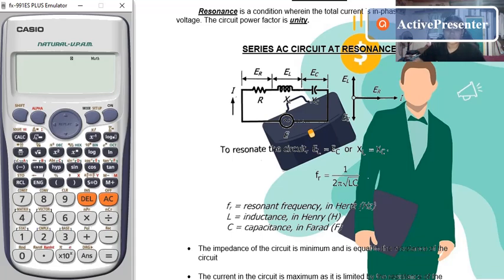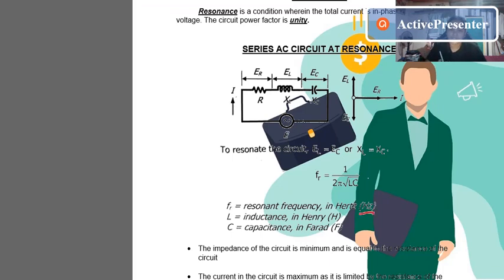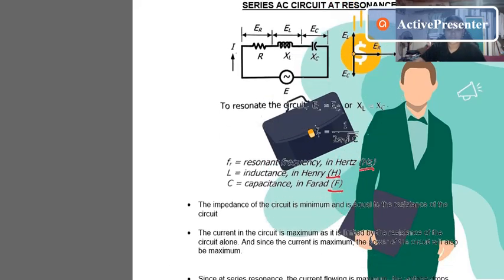So FR is the resonant frequency. Its unit is Hertz. FR is equal to 1 over 2 pi square root of LC, where L is the inductance, its unit is Henry or H, and C is the capacitance in farad or F. So in a series AC circuit, the impedance of the circuit is minimum and is equal to the resistance